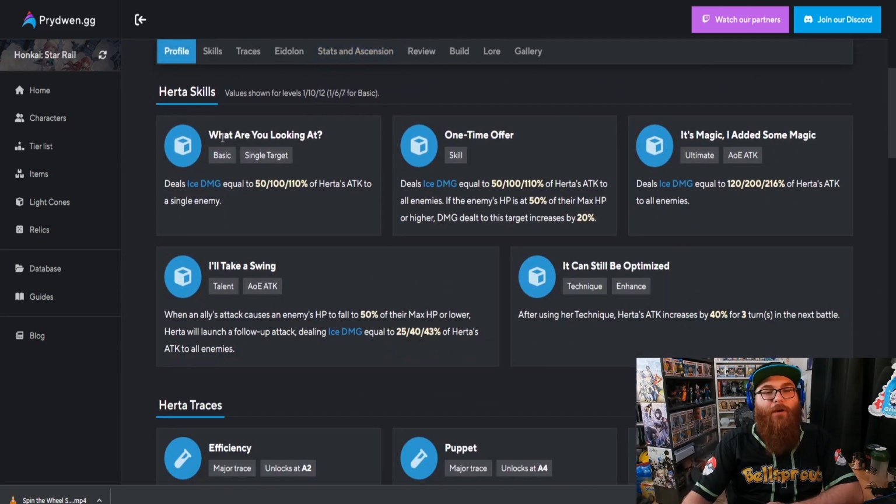Now, let's first talk about her skills. Her first skill we already kind of know. It's the same as every other skill. Deals ice damage equal to 50, 100, and 110% of Herta's attack to a single enemy. Spoiler alert, since she's a DPS, you're going to want to focus more on attack percentage, because it's not going to say anything about HP when it pertains to her and her scaling, or at least not that I've seen. So, her skill deals ice damage equal to 50, 100, and 110% of Herta's attack to all